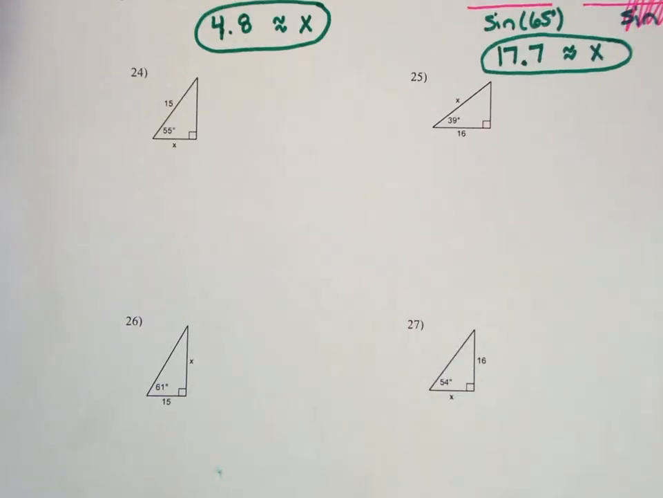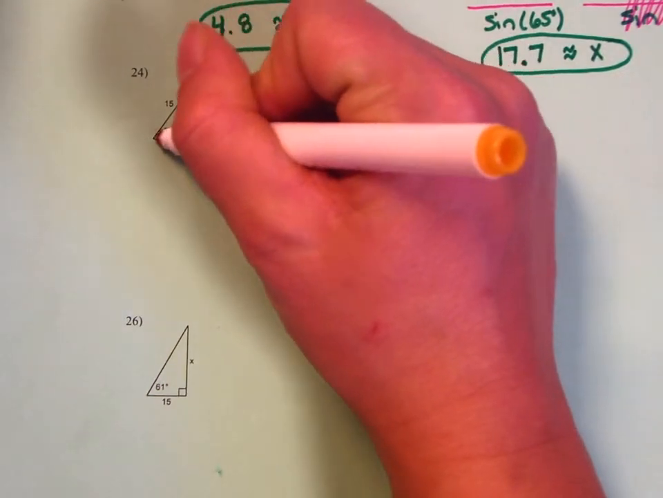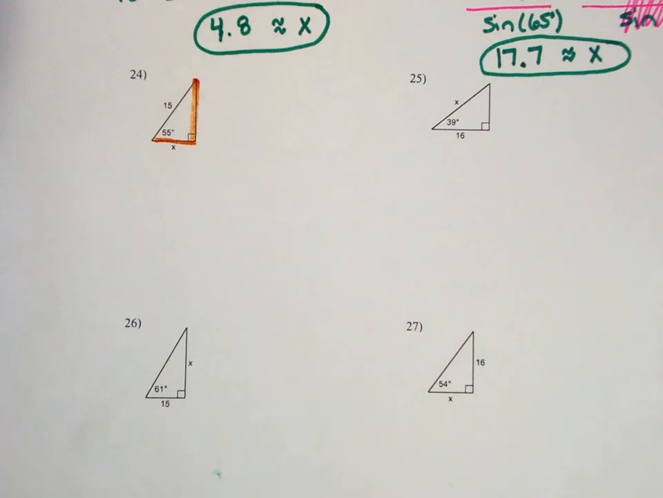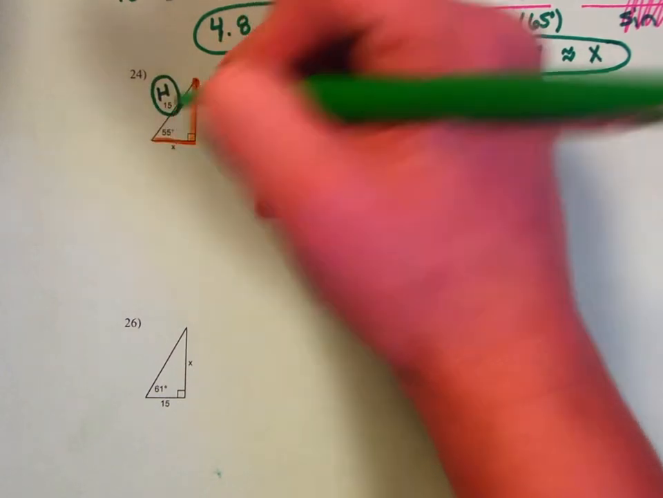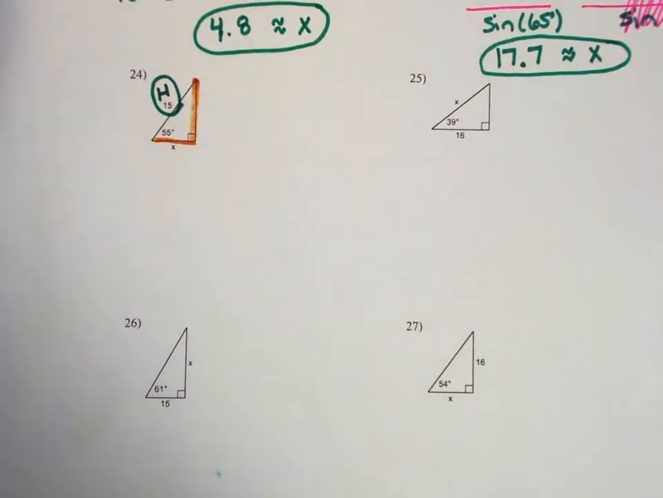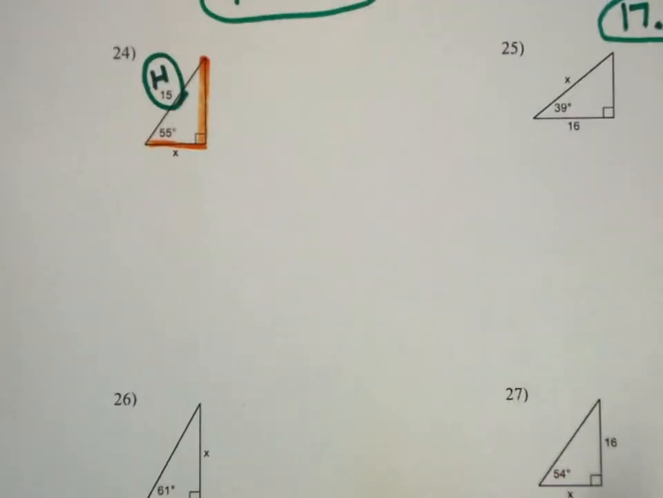Okay, for problem number 24, we start out and we highlight the two sides of the right angle. That tells me, everyone, that what side is my hypotenuse? 15 is my hypotenuse. Now I'm going to shade the two sides of the angle in question, which in this